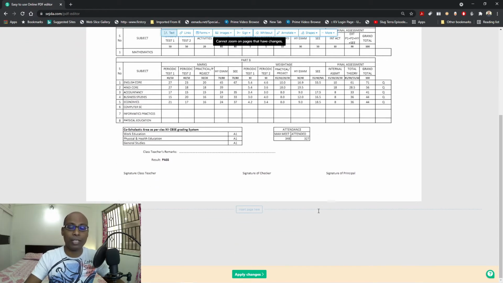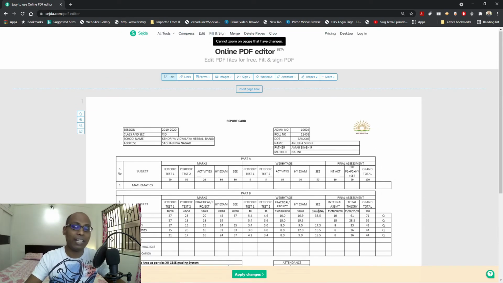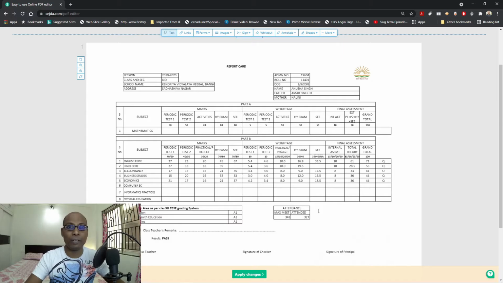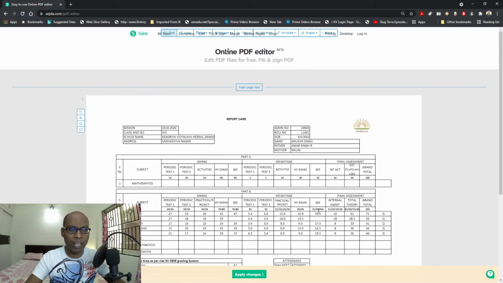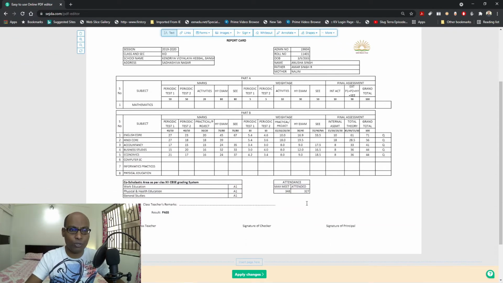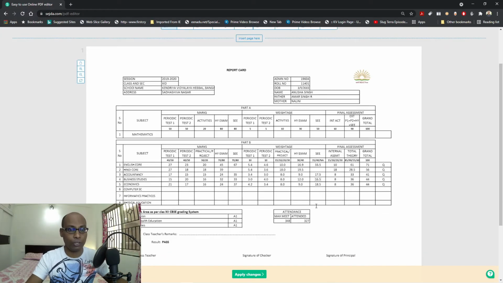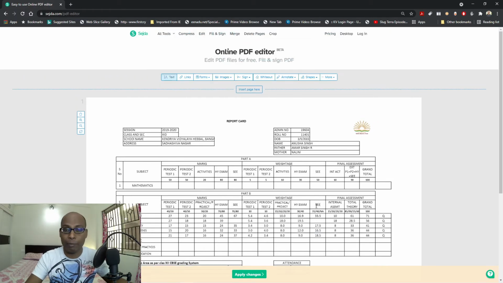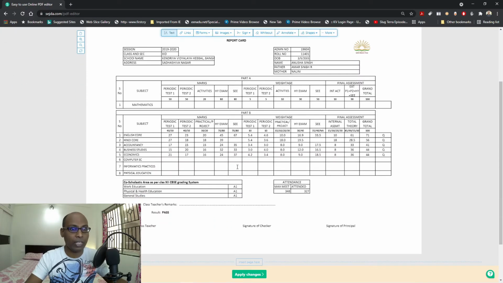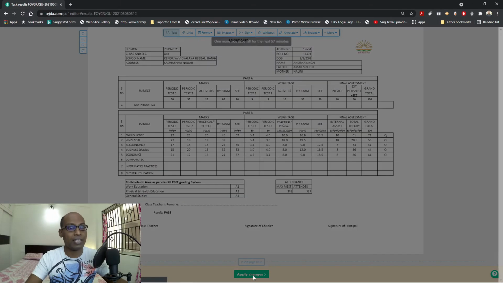So in this way you can not only edit, you can even delete multiple pages, or whichever page you want you can keep, and the remaining pages you can easily delete. After completion of that, see there are so many things you can do digitally, like the signature of the teacher, according to your requirement. In case you want to erase it or change it, you can also do that using your PDF editor, and the name of this PDF editor is Sejda. It's sejda.com.